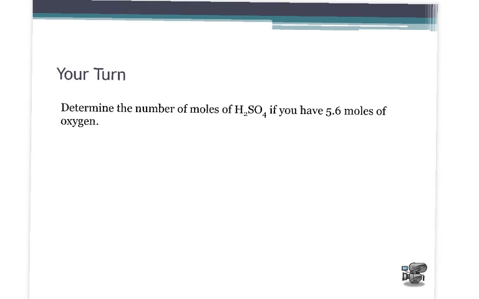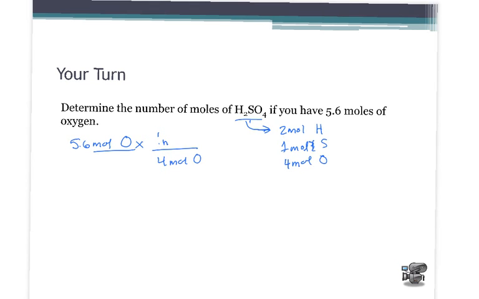Okay, so we always start with what we're given. 5.6 moles of oxygen, okay? Now we see that for every 1 mole of sulfuric acid, we have 2 moles of hydrogen, 1 mole of sulfur, and 4 moles of oxygen. So, since the moles of oxygen is on the top, we're going to put moles of oxygen on the bottom. So there's 4 moles of oxygen for every 1 mole